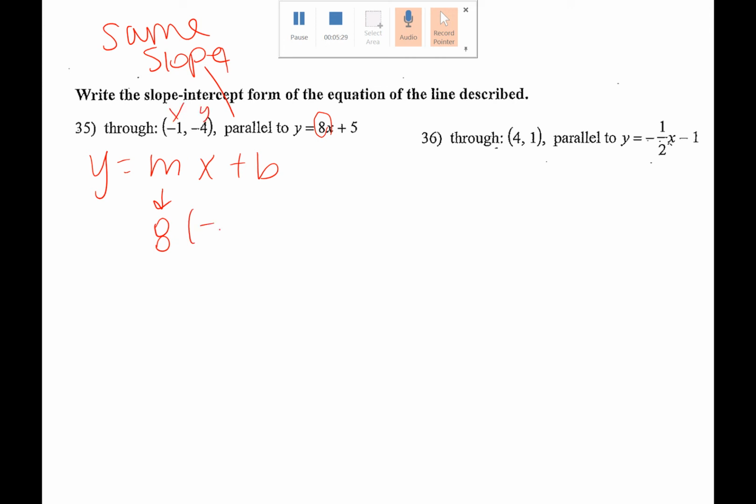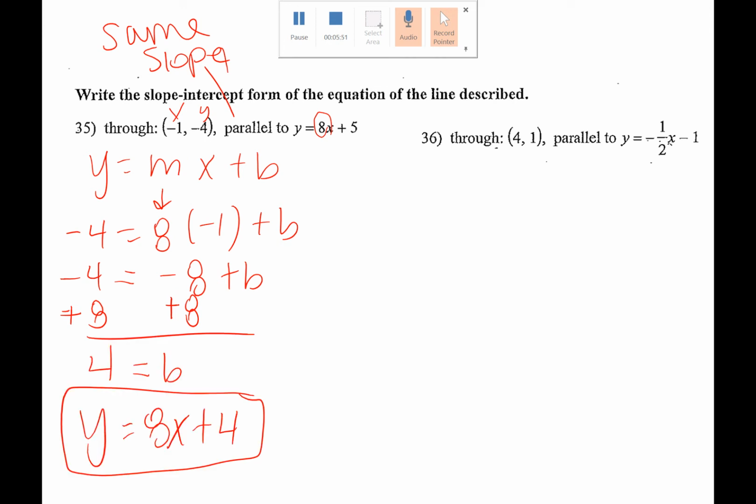So I know x is -1, y is -4, so that's going to be -8 plus b is equal to -4. I'm going to add 8 to both sides. So b is equal to 4, so that means y is equal to 8x plus 4 for number 35,